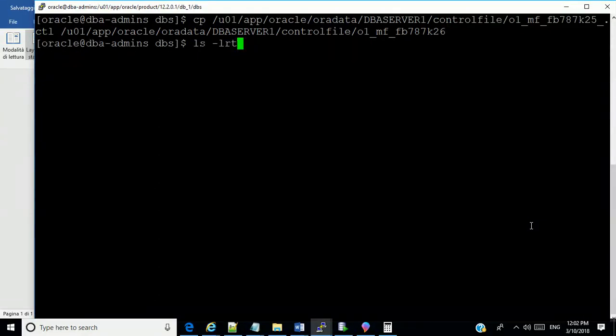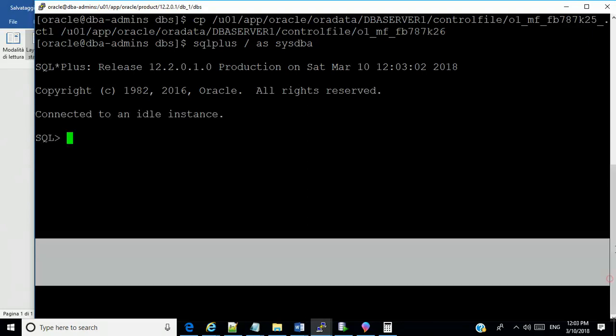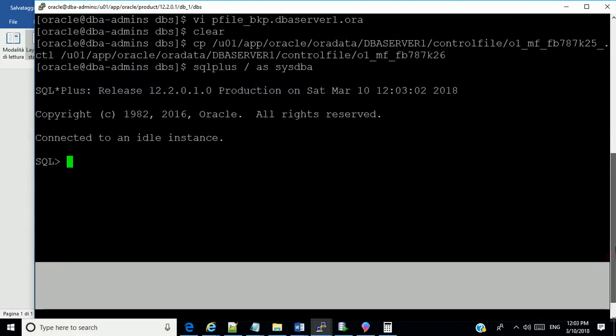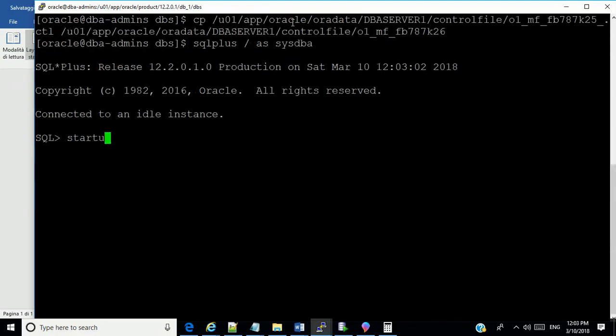All right, so SQL Plus. Okay. I'm going to say startup pfile is equal to, now I put it between quotes.